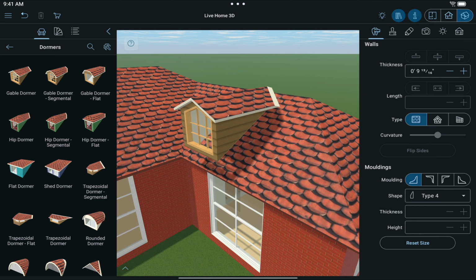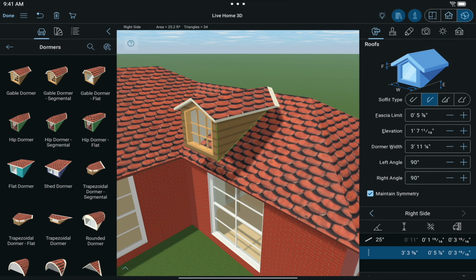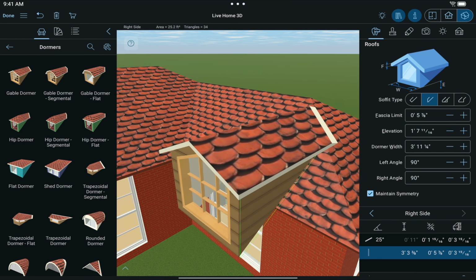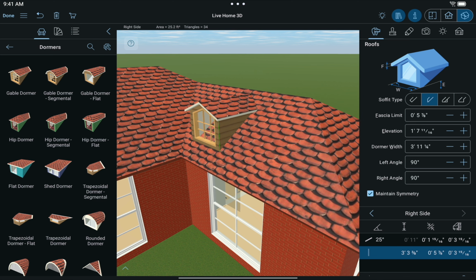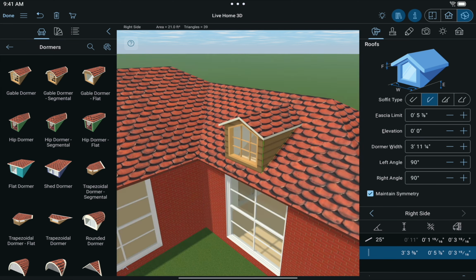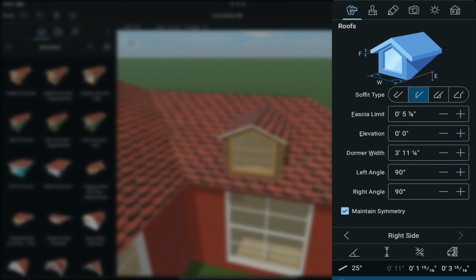To move the dormer around the roof, including from one side to the other, just select any part besides the window and drag it. If the dormer doesn't snap to the roof automatically, you may need to drag it around until it does. All of the controls for dormers are located in the Roof section of the Object Properties tab